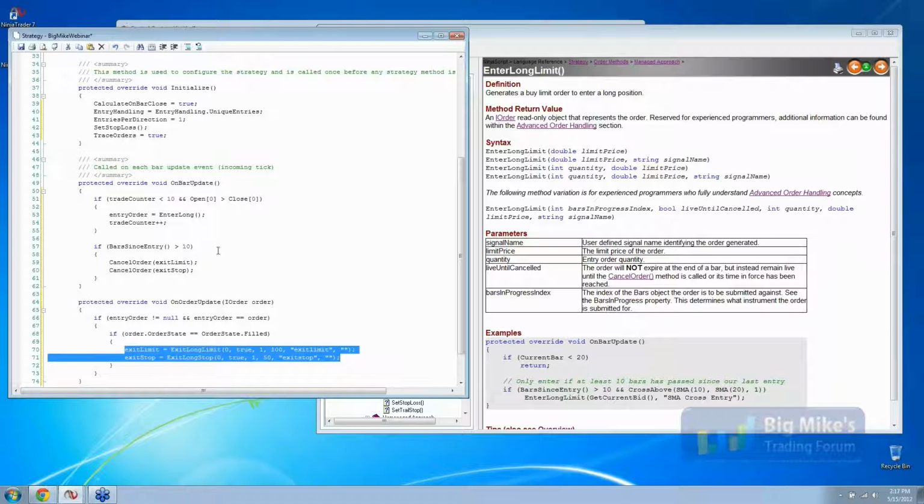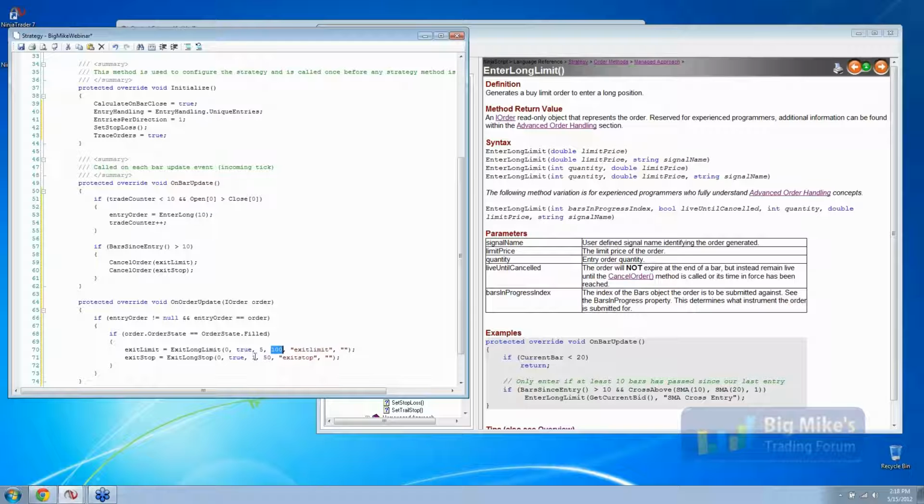Yeah, Mark. So let's say on our current code right now, if we had enter long with a quantity of 10, and then we came down here and we only want to exit when we see our entry order get filled, then we come here and we can place our exit limit with a quantity of 5 instead of 1. So we can say exit limit of 5, and then our price is